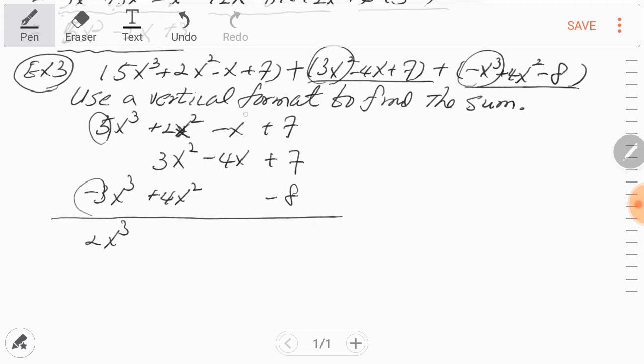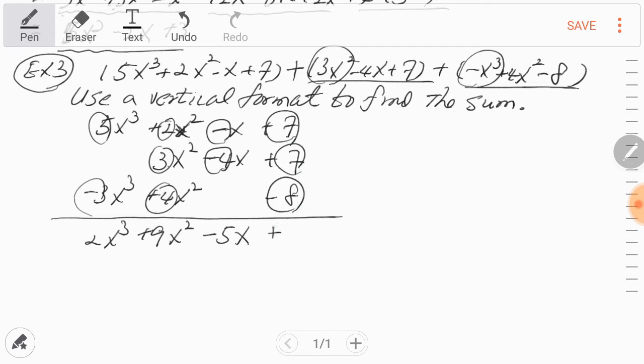The second column is 2 plus 3. 2 plus 3 is 5. 5 plus 4 is 9. X squared. And negative 1 minus 4. Negative 1 minus 4 is negative 5x. And then final numbers. So 7 plus 7 is 14. 14 minus 8 is 6. Plus 6. So this is the